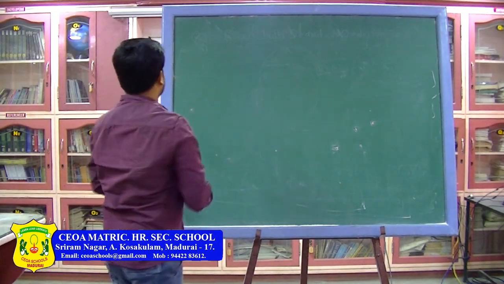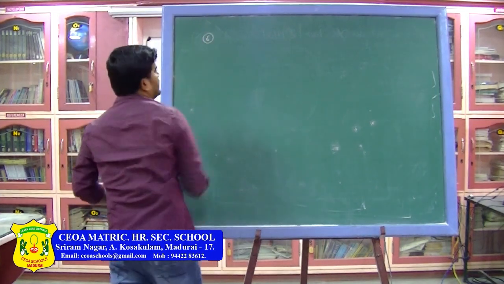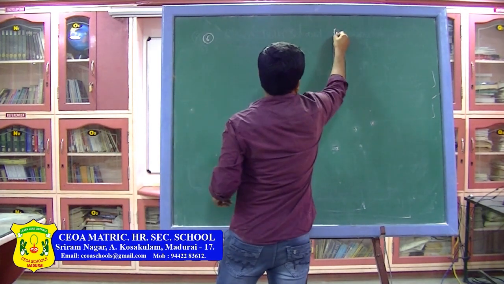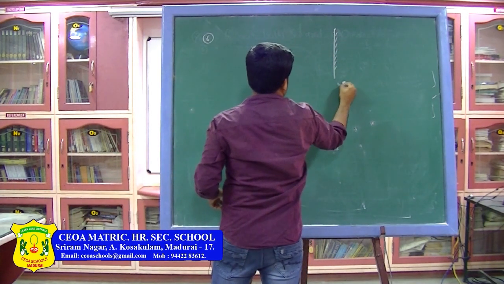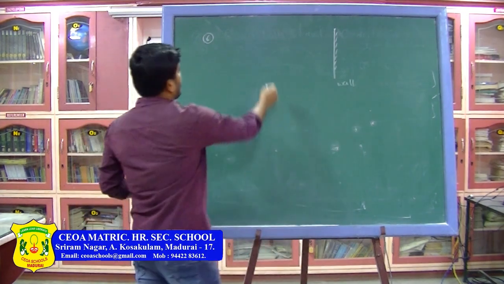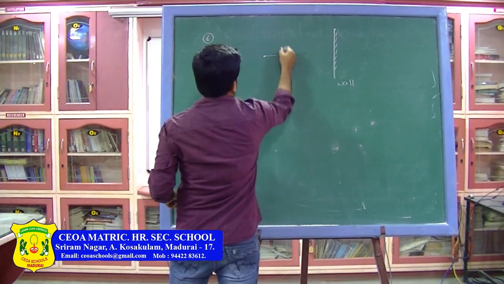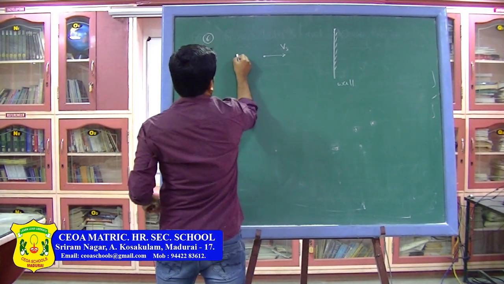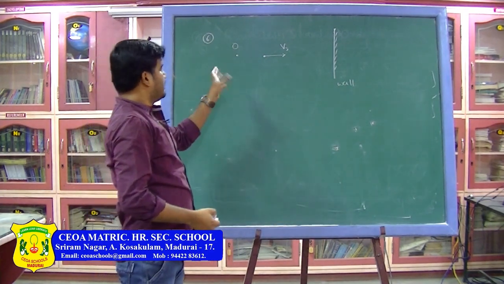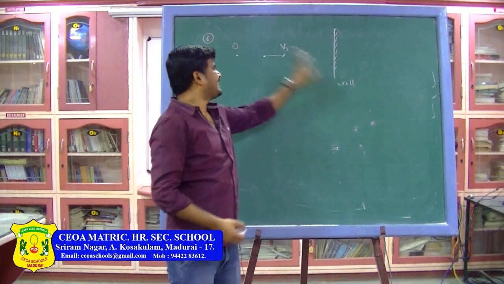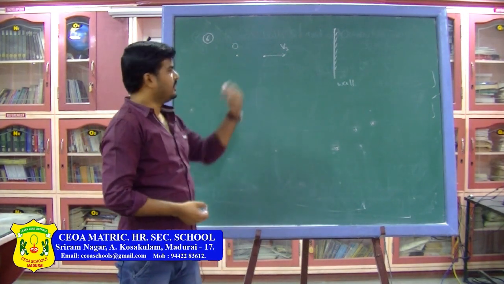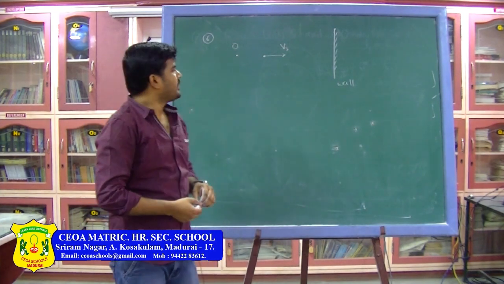The next case is when the source is moving towards a wall. Let this be the source moving towards the wall with a speed Vs, and the observer is behind the source. Simply you can say when the source is in between the wall and the observer. So, let us see how to find the apparent frequencies